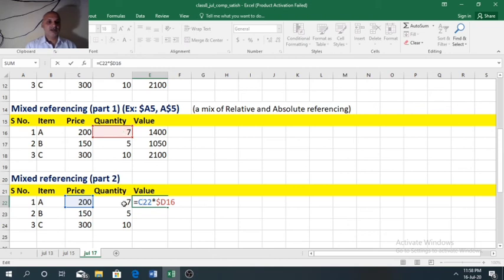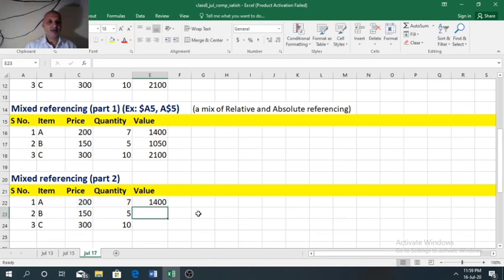Instead of that, we can change this value to 22 also. See, if we change it to 22, now 200 is multiplied with 7, but remember dollar is applied before D, dollar is not applied before 22. So 22 is relative referencing and D is having absolute referencing. So the combination of $D22 becomes mixed referencing.